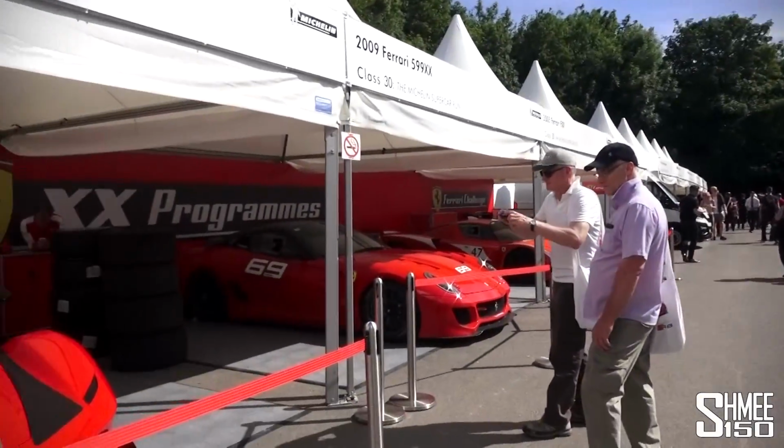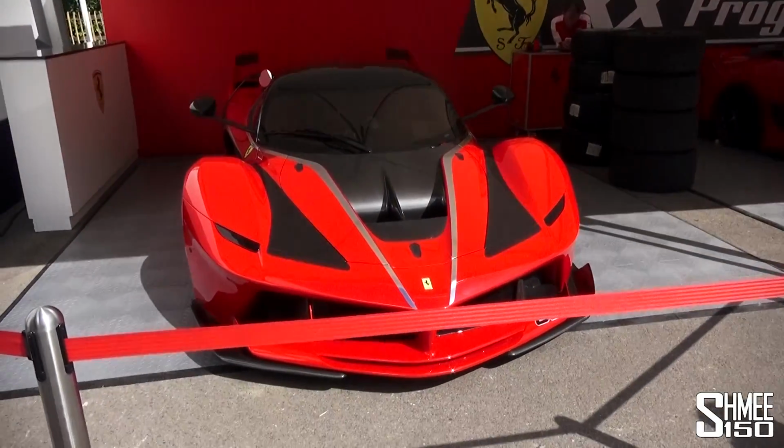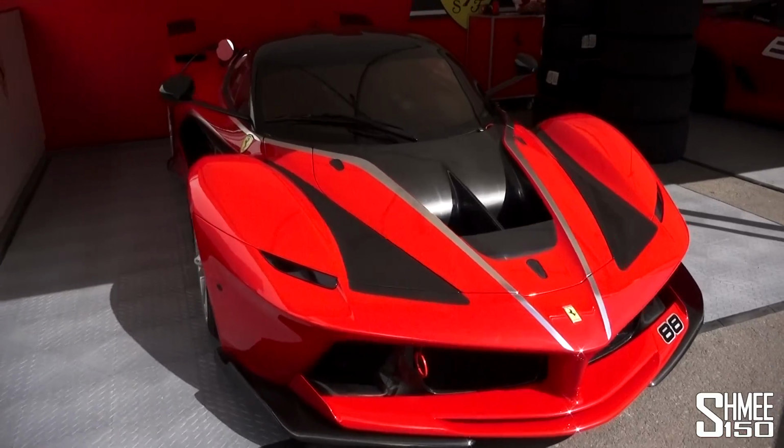Hi guys, I'm Shmee. I'm in the Michelin Supercar Paddock at the 2015 Goodwood Festival of Speed, and there are some phenomenal cars in this area this year, so I'm going to take you on a little tour. Let's take a look around, and we'll start off with the Ferrari section and the FXX,